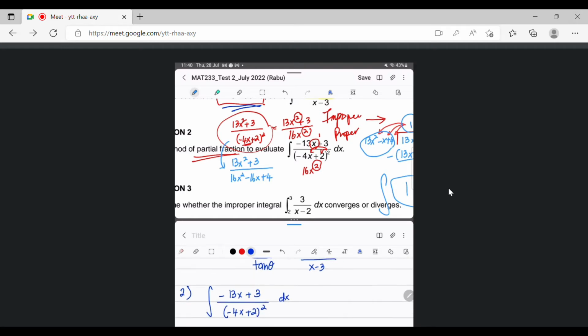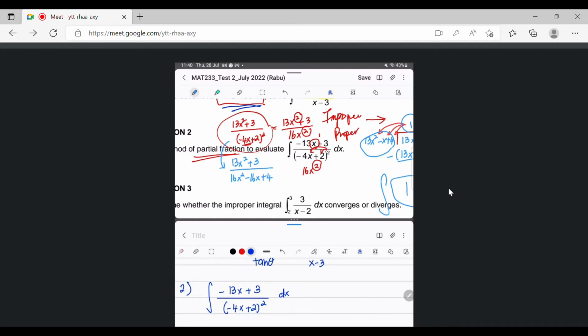Okay. Next, since proper, kita akan proceed dengan PFD. Okay, so PFD, ambil function sahaja. Negative 13x plus 3 over negative 4x plus 2 squared equal to,